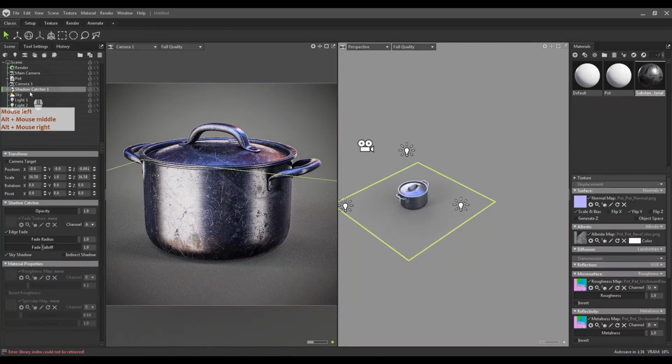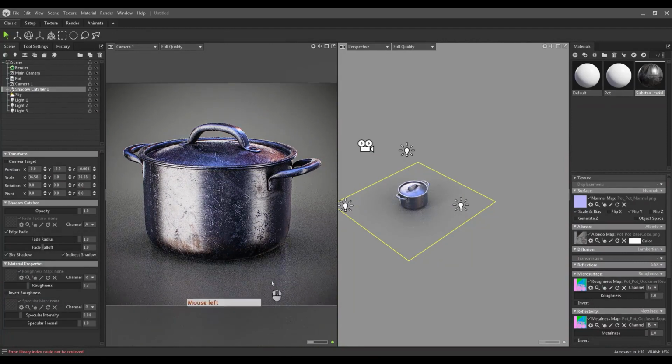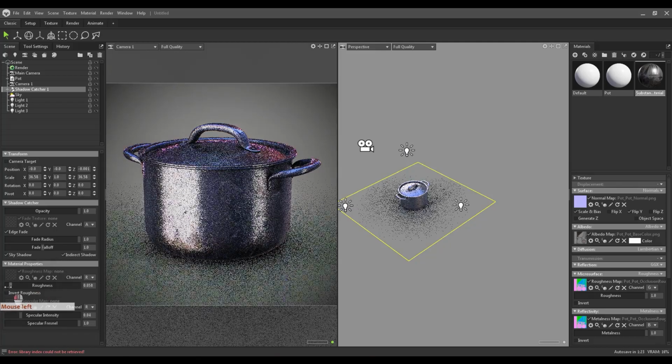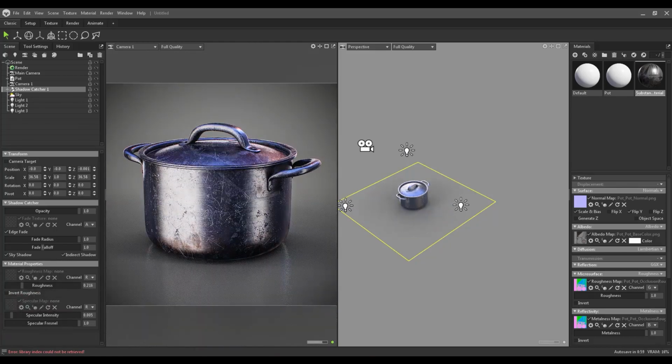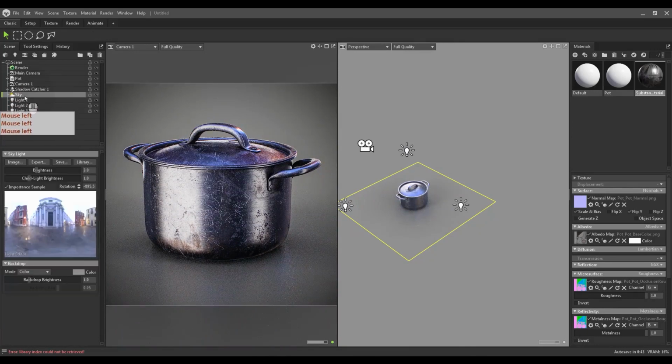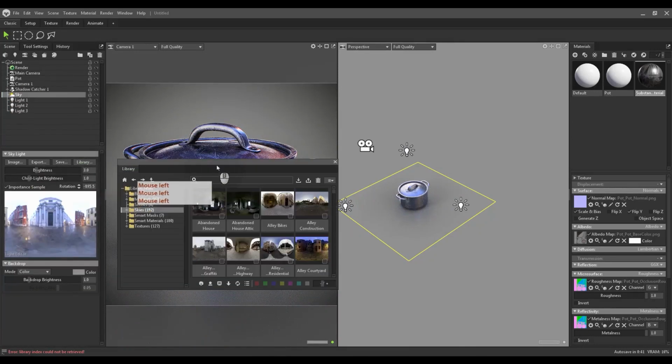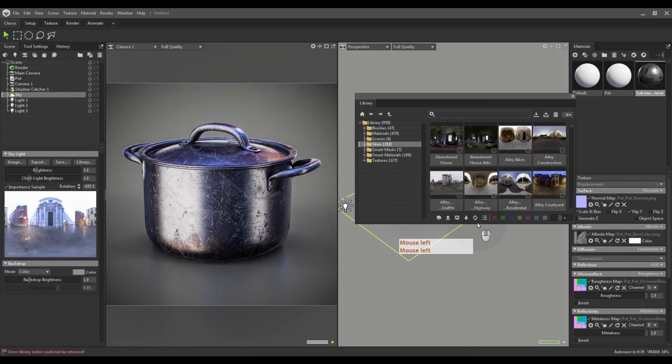We can go to the shadow catcher, turn on indirect shadow, and with indirect shadow we have some reflection on the surface. As you can see, we can play with the roughness and specular intensity. Okay, that's it. Let's change the HDRI,